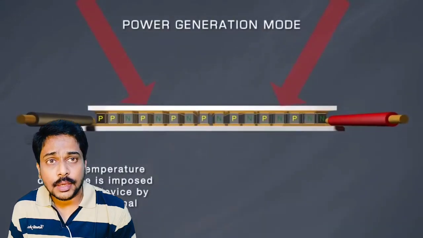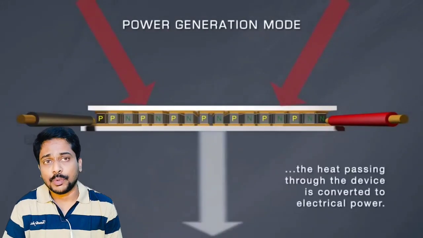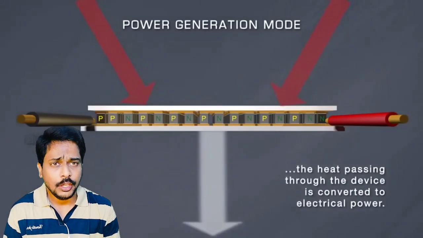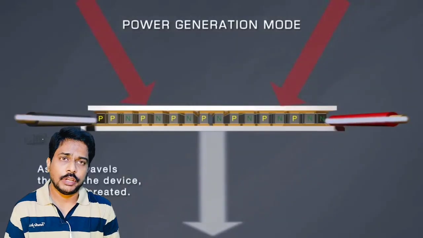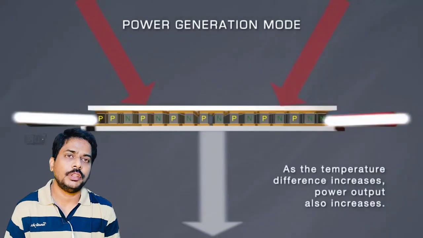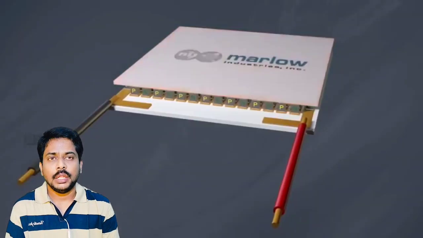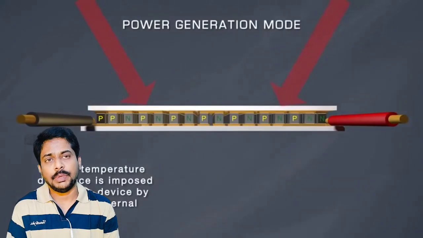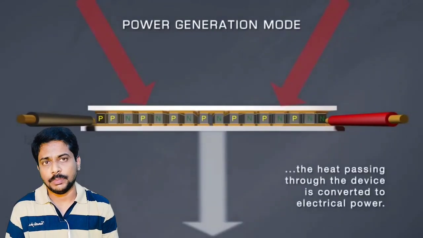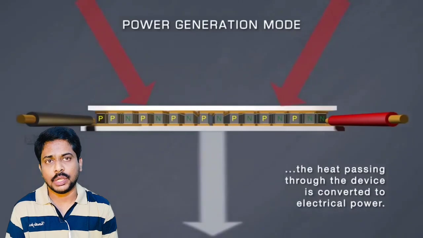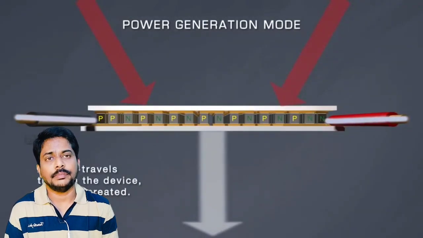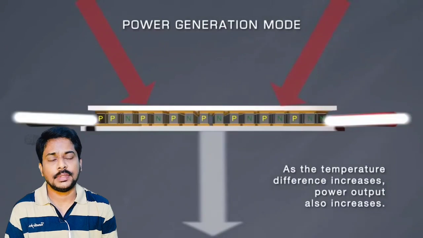Another important thing is the reverse is also possible. If you can create sufficient temperature difference between the two surfaces of the thermoelectric device, then there is a possibility that voltage can be developed at the two terminals. That voltage you can use for various electrical appliances. So you can use this in both ways, and this is going to hugely revolutionize the modern science of harnessing energy.